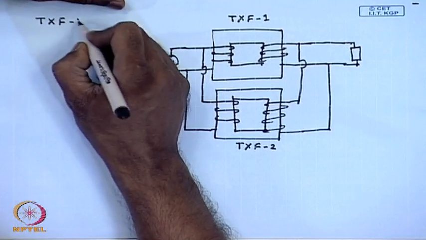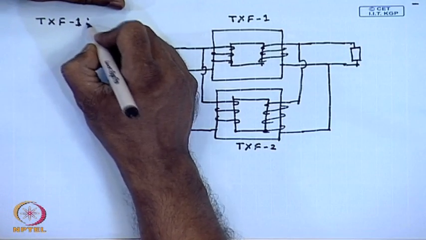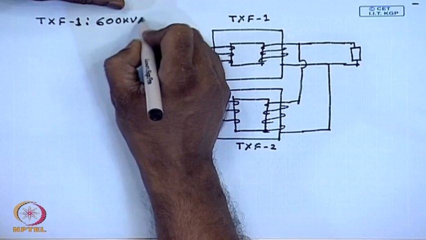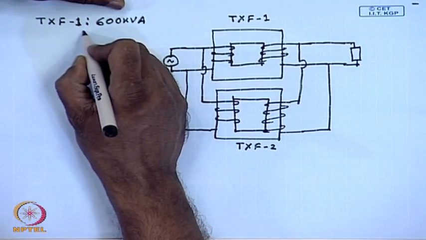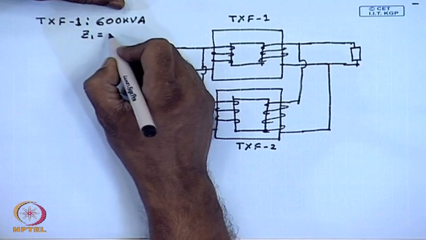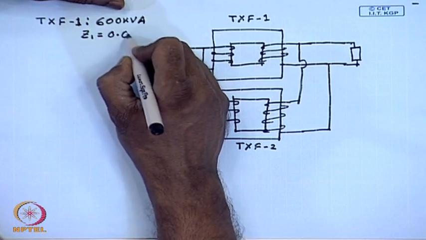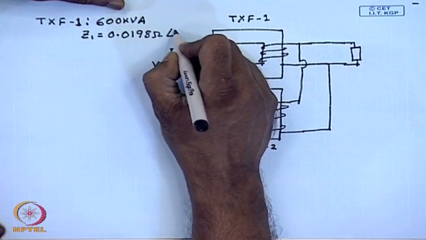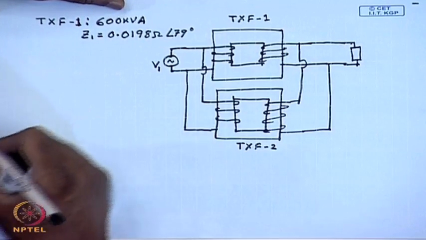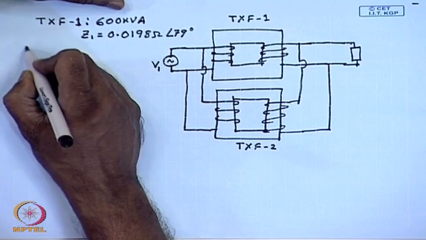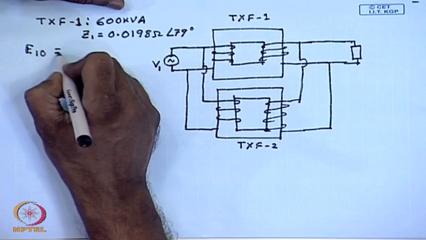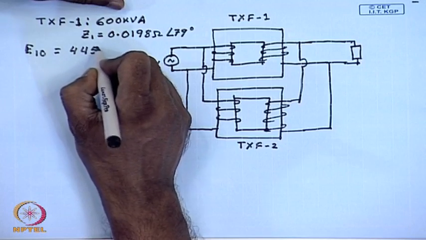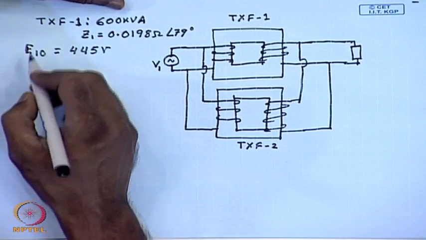Let us say transformer 1 is 600 kVA, the series impedance Z1 equal to 0.0198 ohm angle 79 degrees, and the no load voltage of this transformer is 445 volts. For the transformer 2,